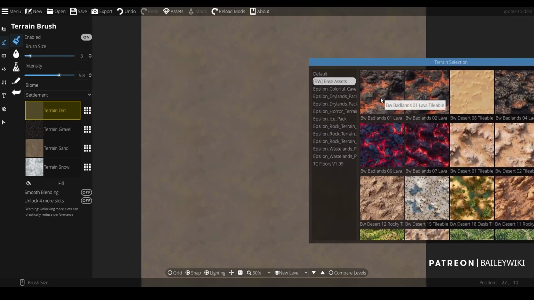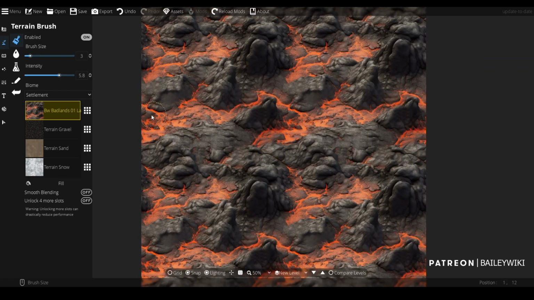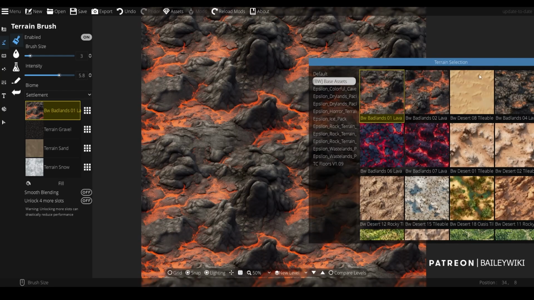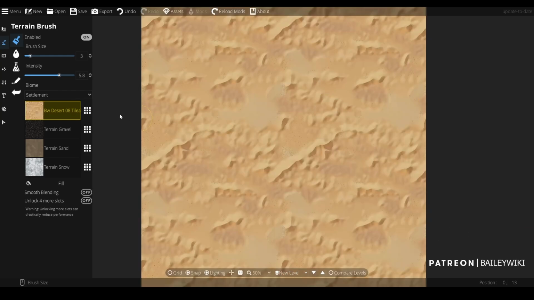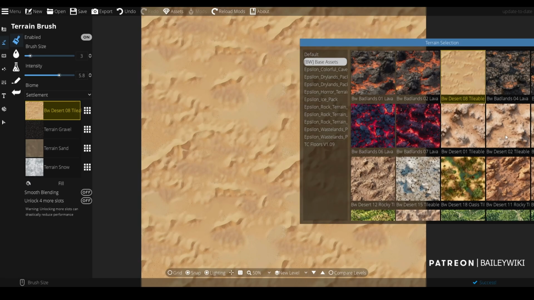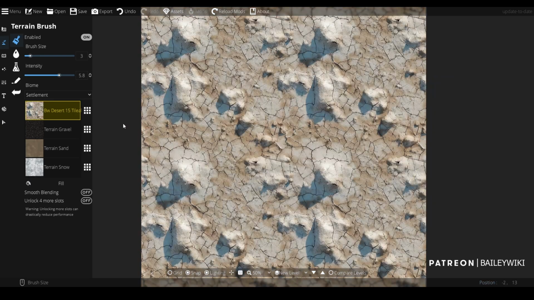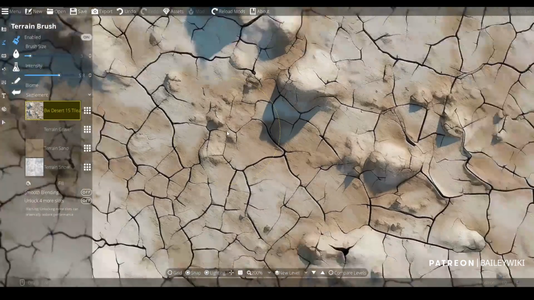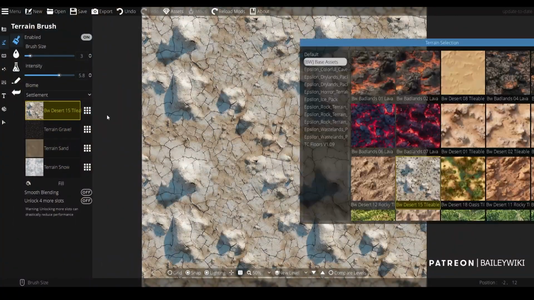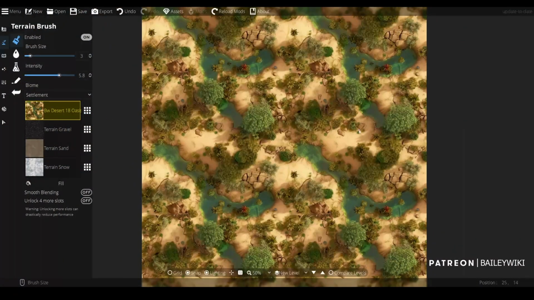Just show you some of these. Here's some Badlands. Right, you can make different desert environments. Just an example of that detail that you can get with these cracks in the ground. Here we've got something that might be an oasis,